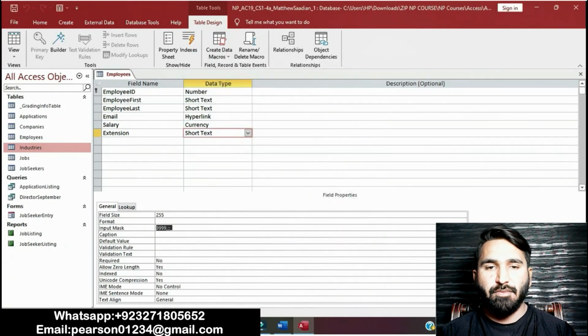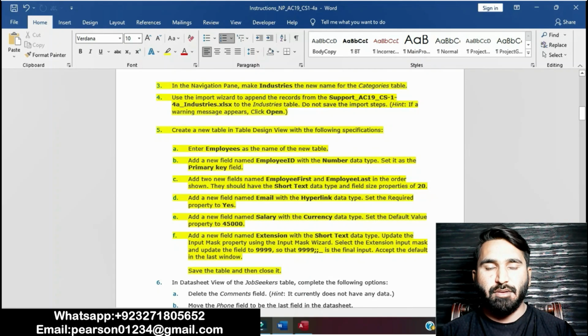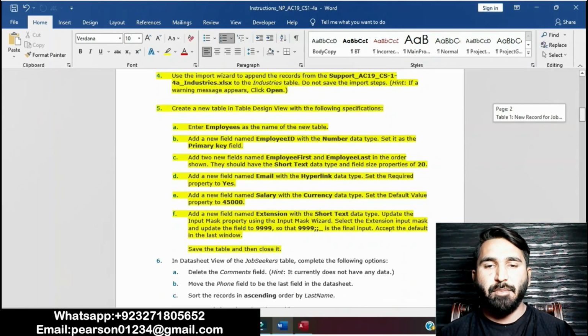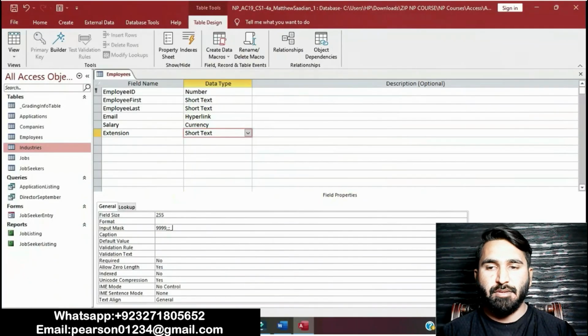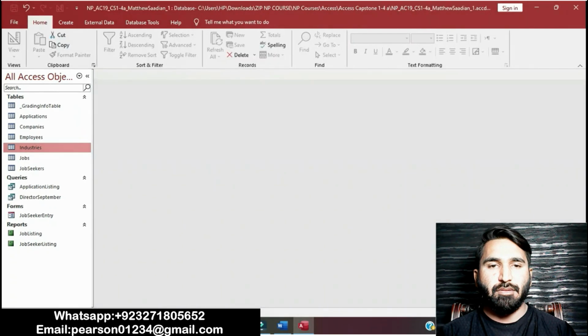Then finish it. Okay, it's done. Point F is done now. Now save the table and close it. Right click on this, save and close it.